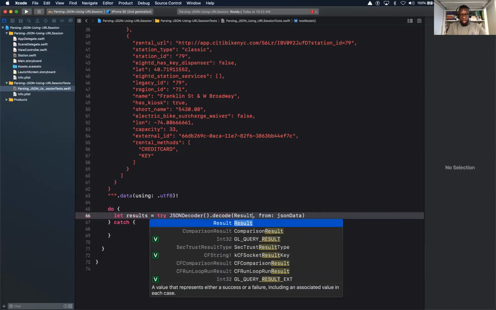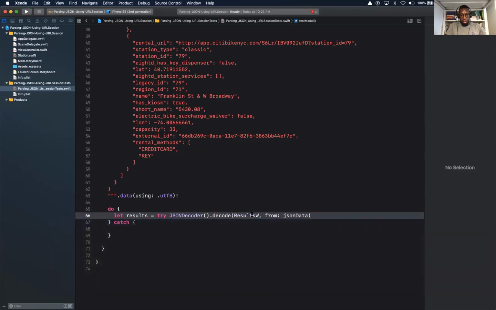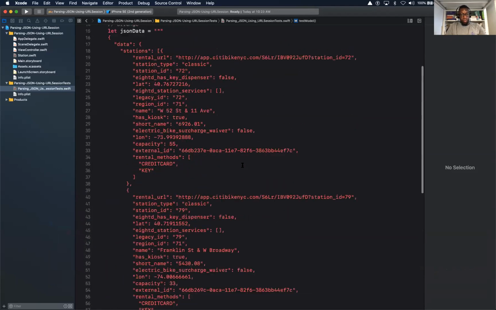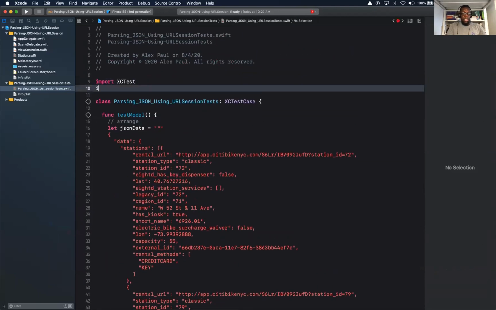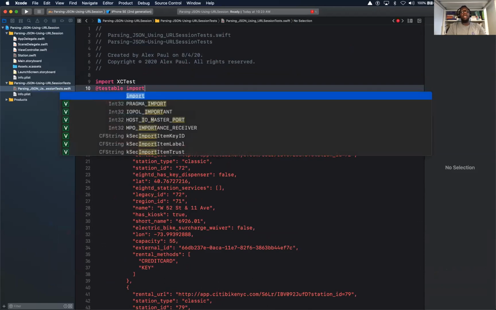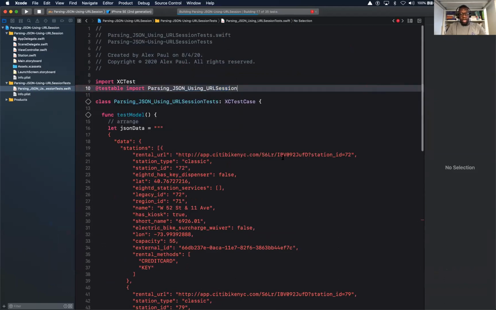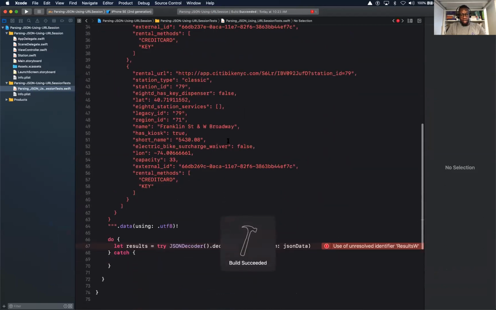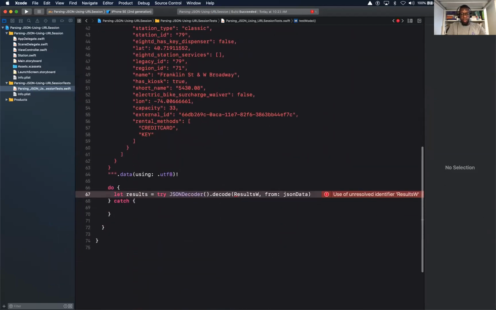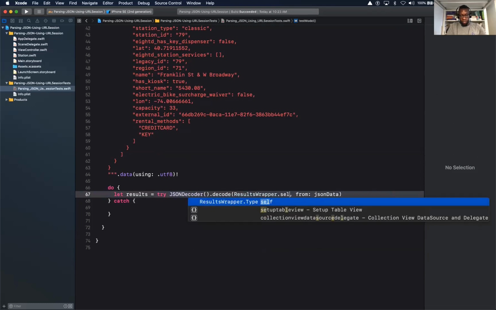Results wrapper. But why isn't our results coming up here? You have to import the model. We have to import the project, yes? Yes. Okay, so add testable, thank you, May. Add testable, import our project. Our project is parsing JSON using URLSession. So build, and we go back down, and now we should be able to get wrapper coming up, dot self,